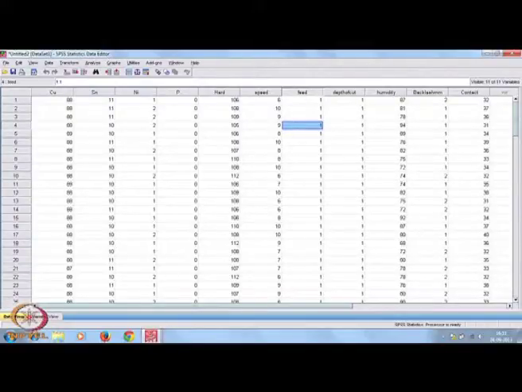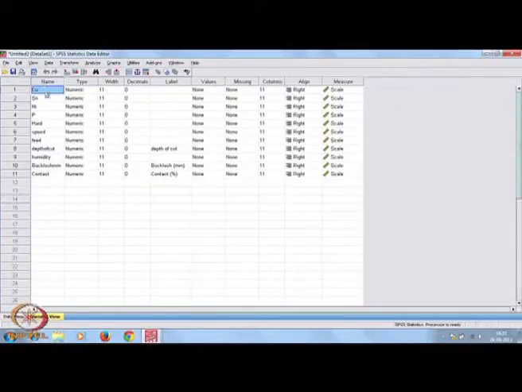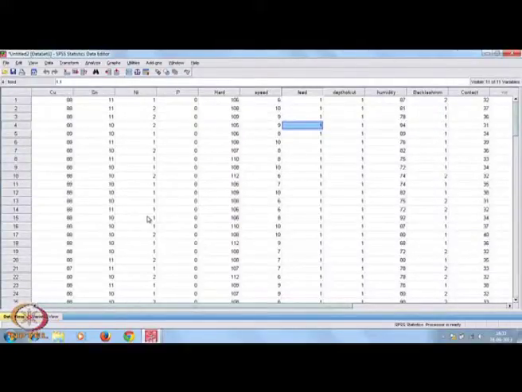So, if you go to the variable view, you see that copper, silicon, nickel, phosphorus, hardness, speed, all those variables are here. Their data type is numeric, with labels also given, and all are measured as scale data. So that means your data is ready in the SPSS spreadsheet, and now you can do whatever you want to do with this data.